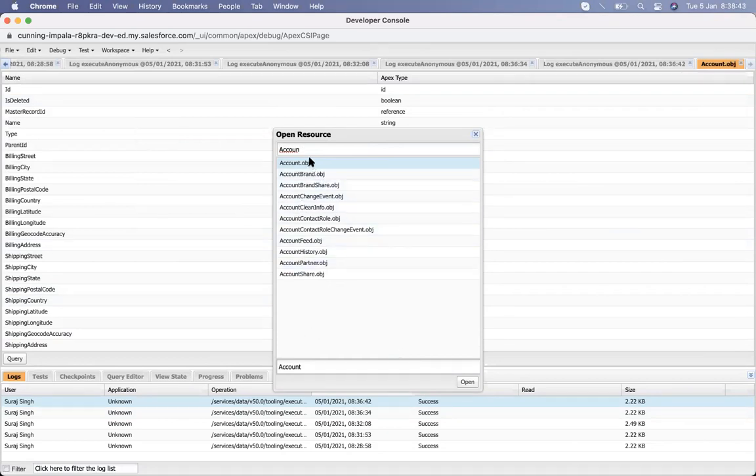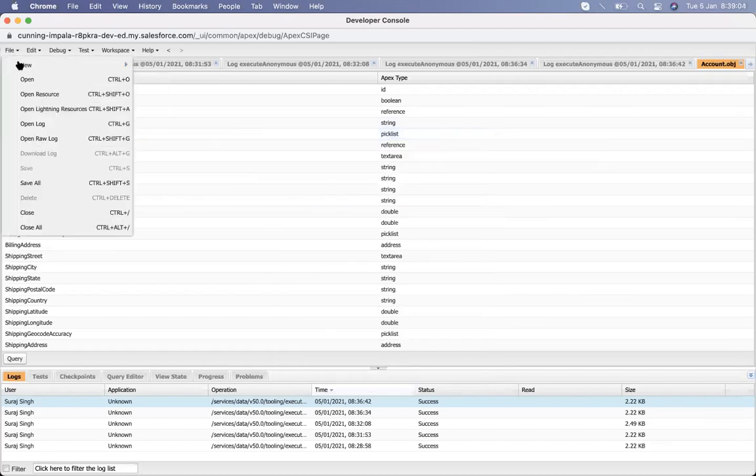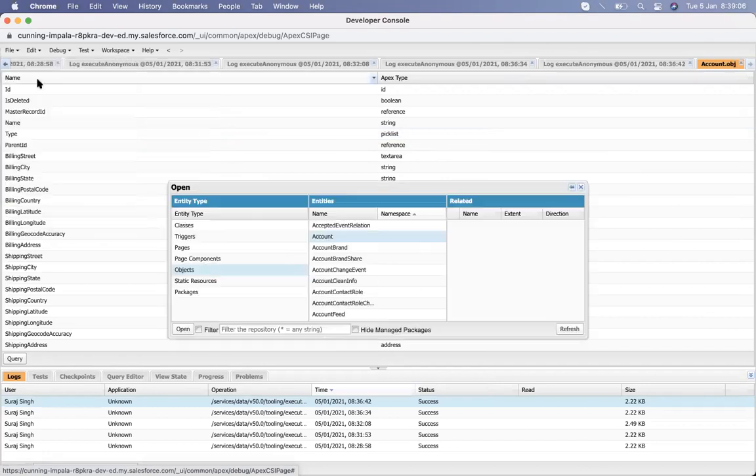So if you are not sure about the tag that we are searching for, at that time we use Open Resource. Open Resource helps us find that tag throughout the org, so it will help us find that object. It is also finding the same things that belong to these seven sections, but it helps us search all of them at the same time.